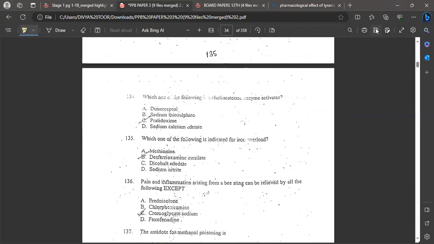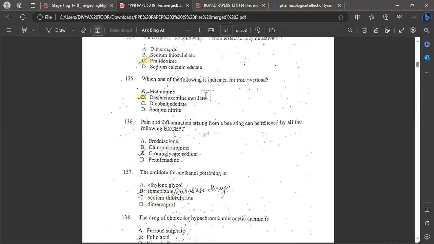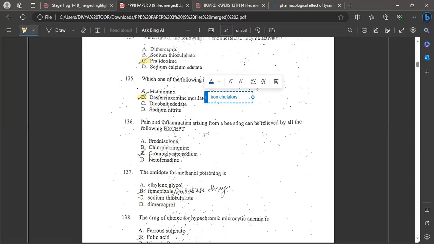Which one of the following is a cholinesterase enzyme activator? It's pralidoxime, yeah. Which one of the following is indicated for iron overdose? Yes, those ones. They're the iron chelators. Pain and inflammation arising from a bee sting can be relieved by all the following except